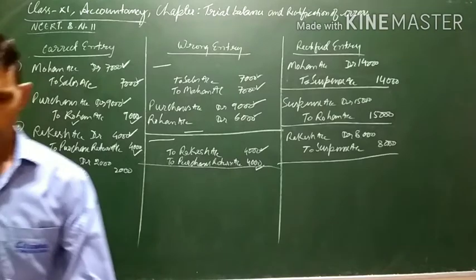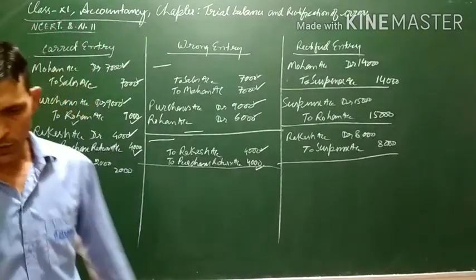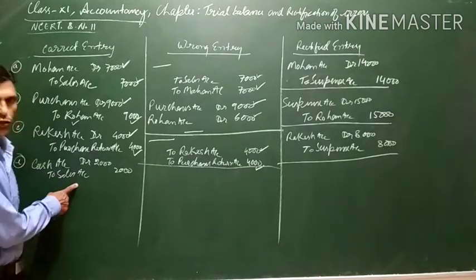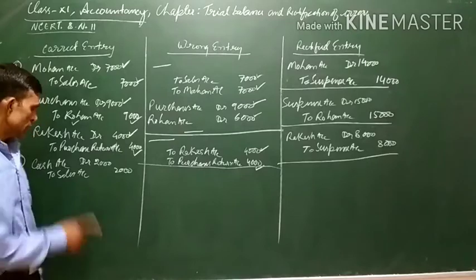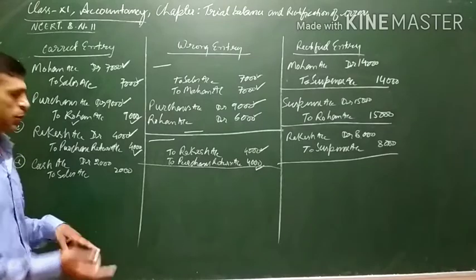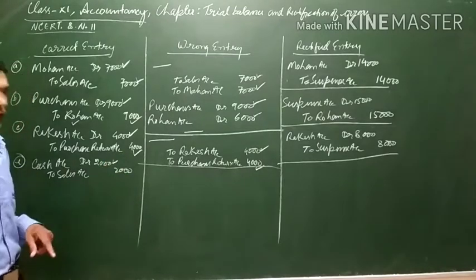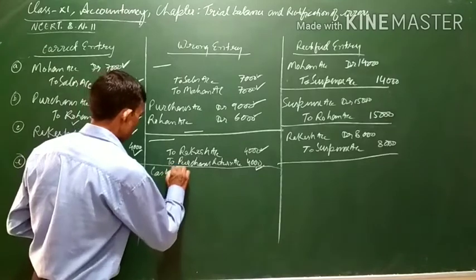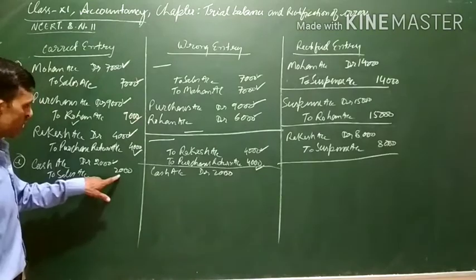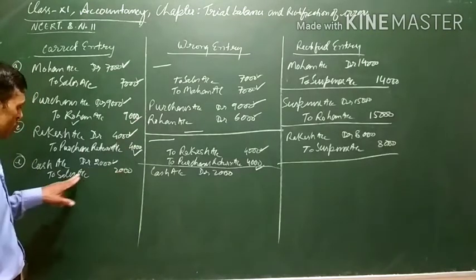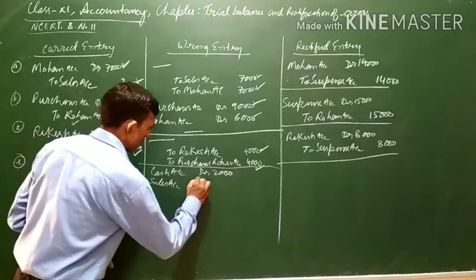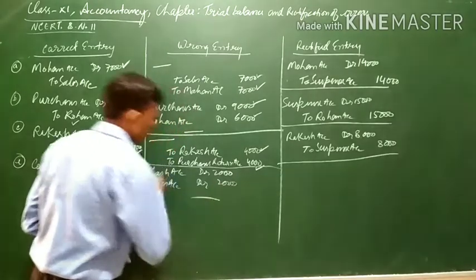Now you see, cash sales 2,000 are posted to the debit of sales account. Sales should have been credited. What has happened here? It has been posted to the debit of sales account. Sales account should have been credited, but wrongly it has been debited. Cash was correctly recorded, so there is nothing wrong in recording the cash. Cash account debit 2,000. But instead of sales being credited, it has wrongly been debited. This is the wrong entry: sales account debit 2,000. There is no credit.